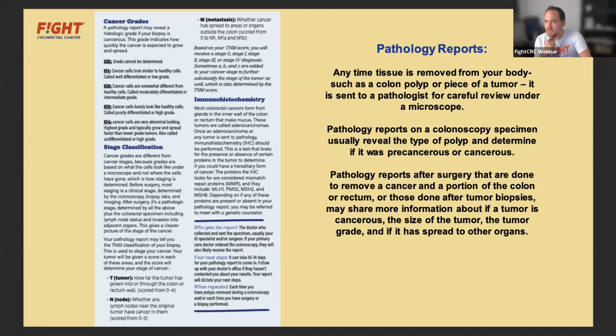Sorry, not to derail, but can you expound on why they might never see a surgical report? Is it just taken care of if they had, let's say, a polyp biopsy or a tumor biopsy during colonoscopy? Why would they not eventually see a surgical report? Right, I mean, if they never have surgery. Okay. Yeah, if they never have surgery, you wouldn't get a surgical pathology report. Yeah, right. Okay. Thanks, Ben.